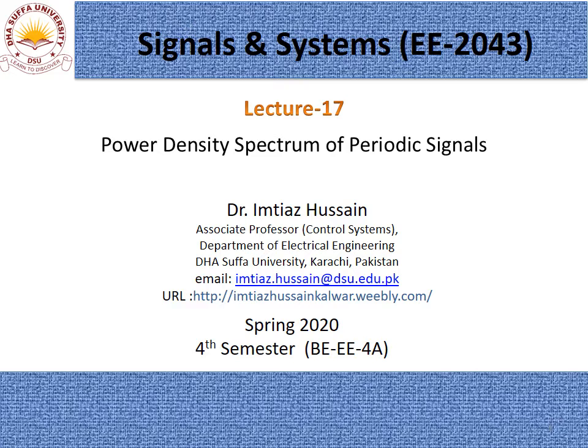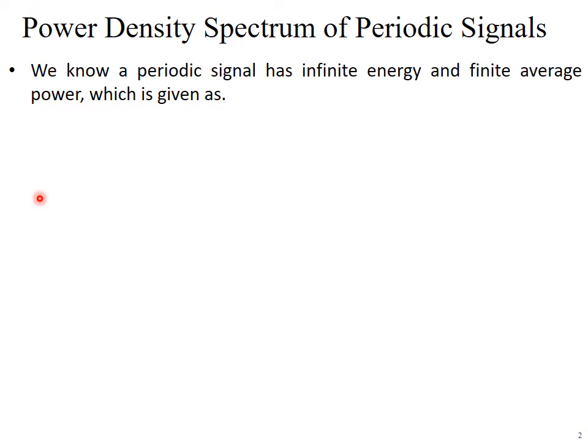If it has frequency components other than 50 Hz, these other components are called harmonics, and the power consumed by harmonics is simply wasted power. So from the power density spectrum you can determine the power content of a signal at the desired frequencies and at the undesired frequencies. The undesired frequencies may be harmonics, may be noise. So from the power spectral density we can analyze all that.